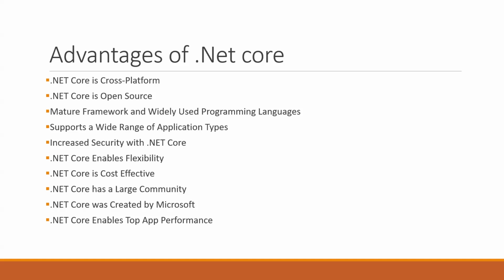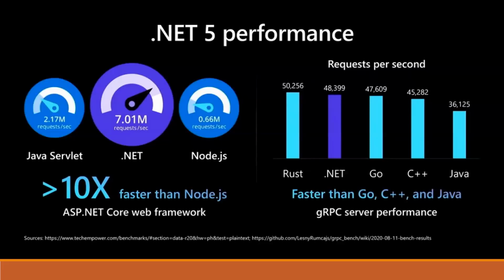.NET Core enables top app performance. With optimization and lightweight components, .NET Core enables high-performance applications. In recent years, the .NET name has been heavily advertised. ASP.NET Core is one of the fastest web frameworks on the market. We can see the performance comparison on our next slide. This is for .NET 5 performance. Now we have .NET 8 available; the last release was .NET 8 in November